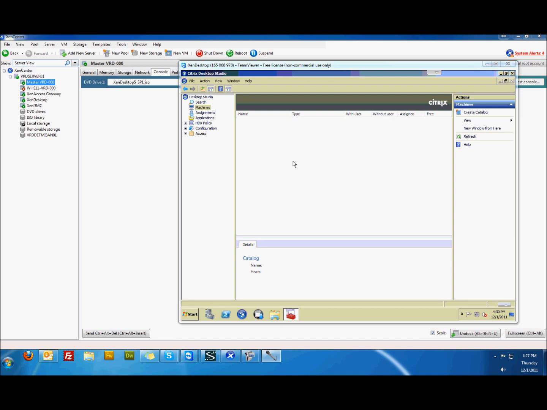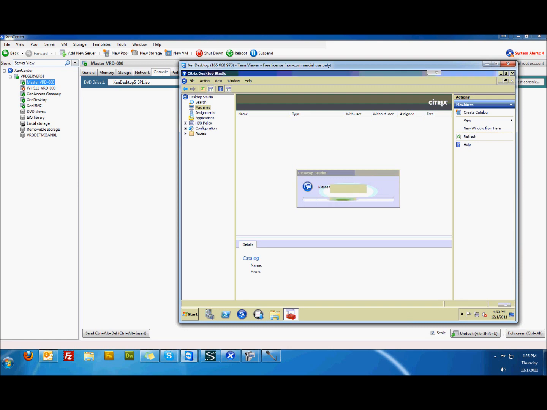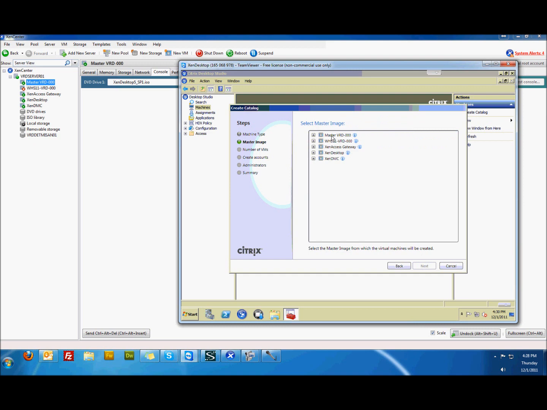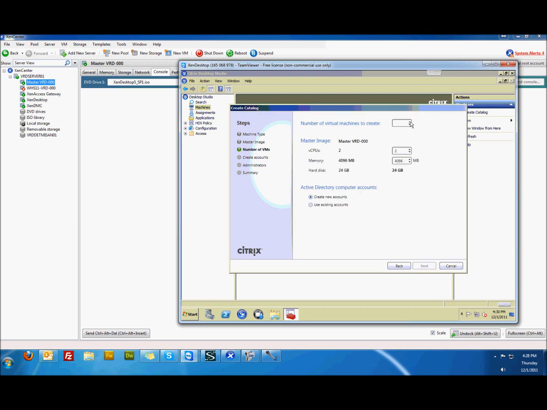So let's go ahead and create our desktop catalog. I'm going to create dedicated and select the master image. Again, this is the same master image I was using to do the random pooled virtual machines, which work perfectly fine every time I connect. Those are still working whenever I do that. So we'll create 3 desktops here,